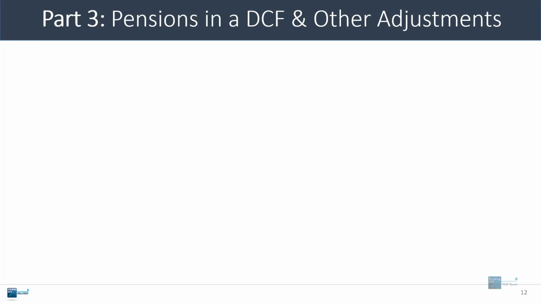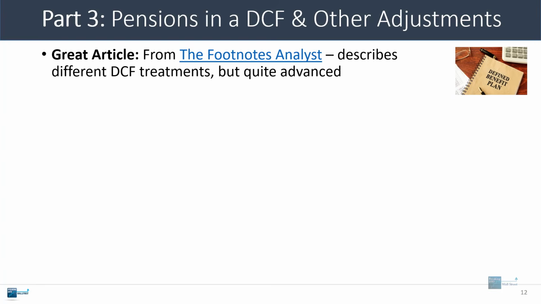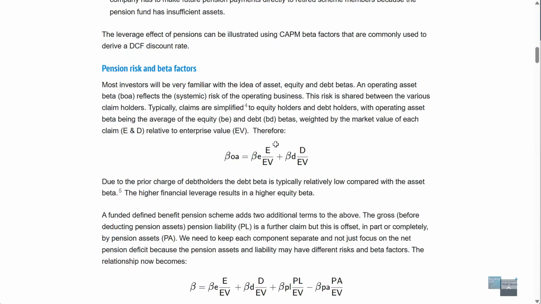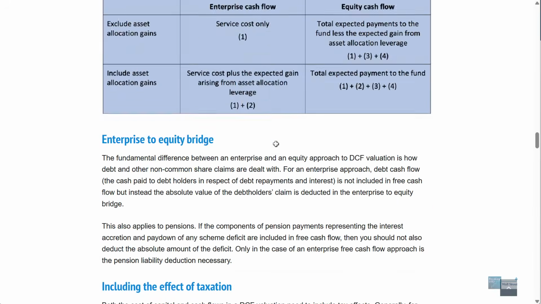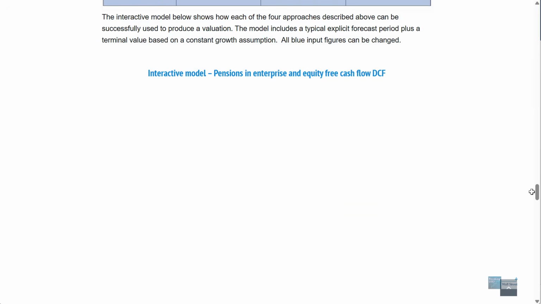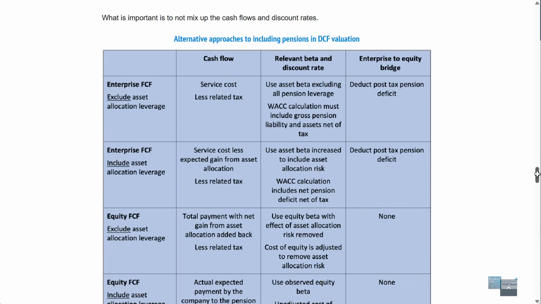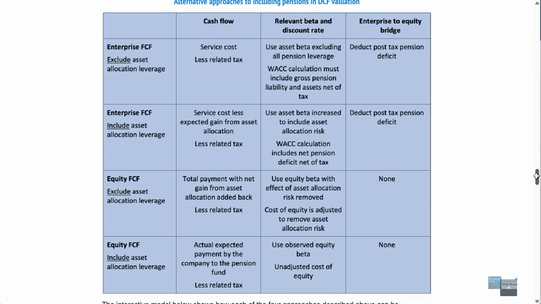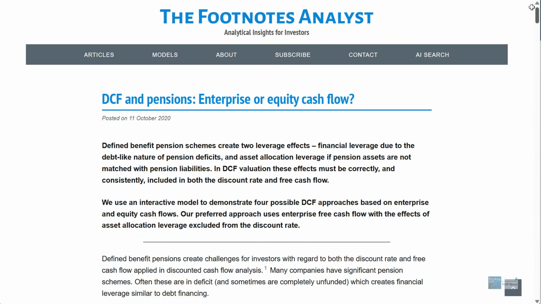When you get to the DCF, there is a really good article from the Footnotes Analyst here describing different ways to deal with pensions in a DCF. It's quite technical and assumes some pretty advanced knowledge, but I do recommend reading it if you're interested in this topic. They have a table with all sorts of different treatments and different ways you can go about accounting for